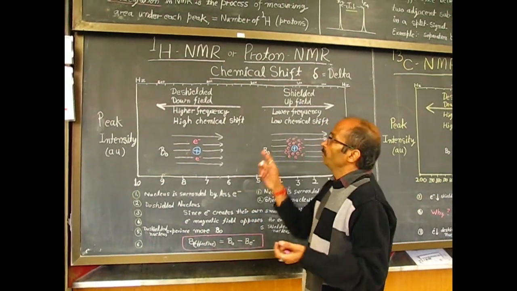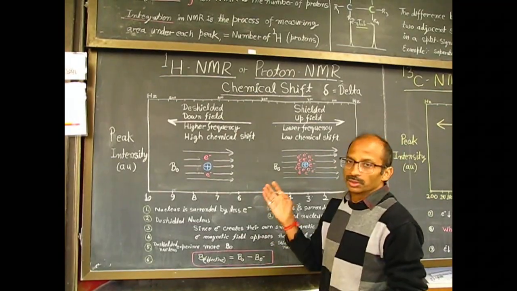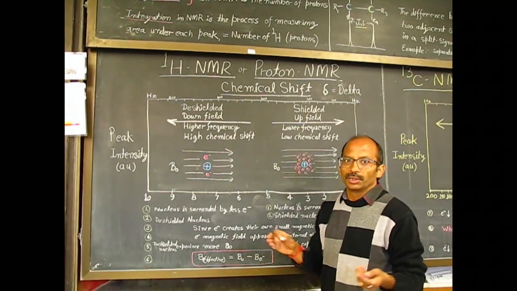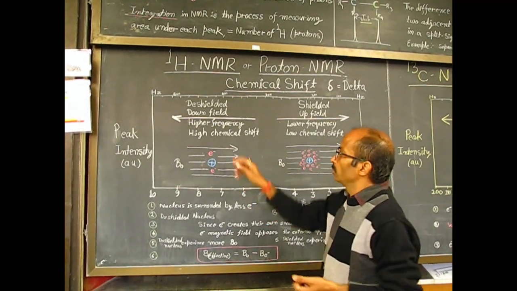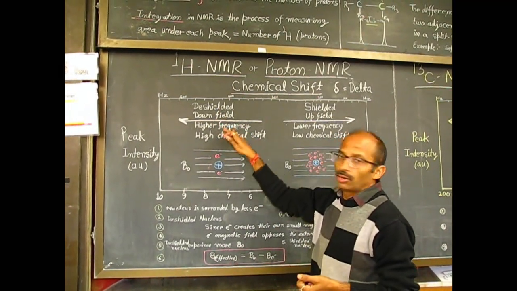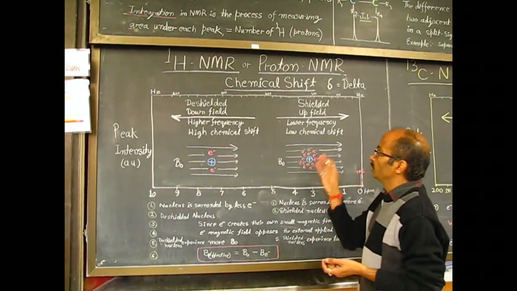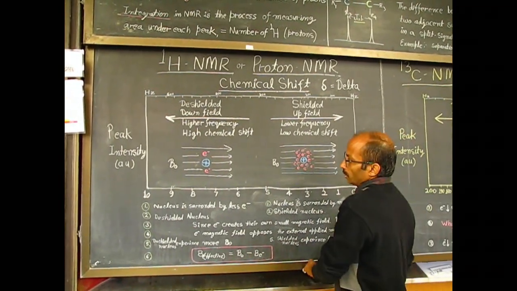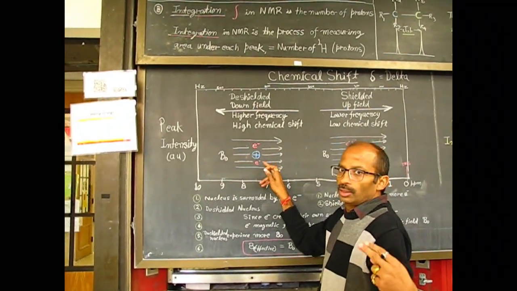Okay, so in continuation of the previous video where we were studying the interpretation of NMR spectra, here we will study shielded or downfield or higher frequency. So shielding and deshielding, what is the meaning of that? For example, if you consider this image,